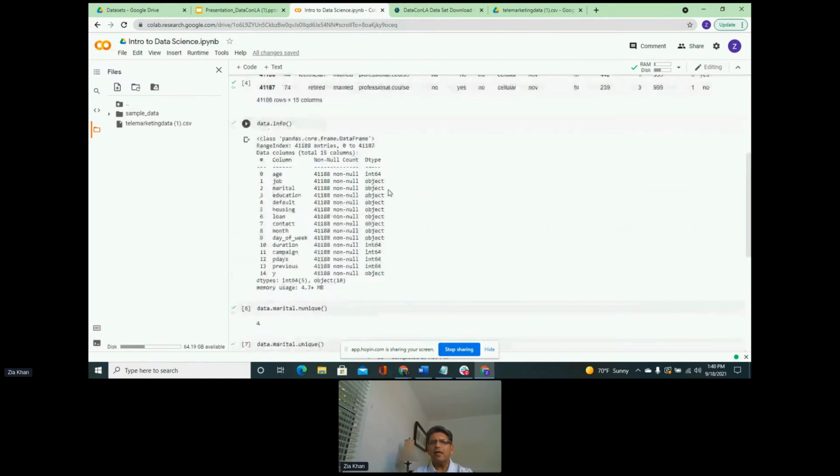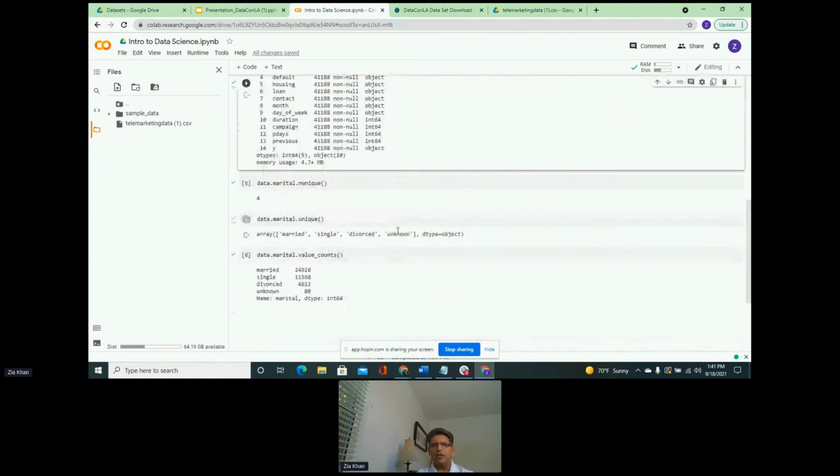So this is a little bit about understanding or finding out a little bit more about a marital column, which was an object. Now, the other type. So let's go back now and let's go to the other type. The other type is age. And age is the other column that we are going to take, and the age is an integer type of values. So integer means that it's a number.